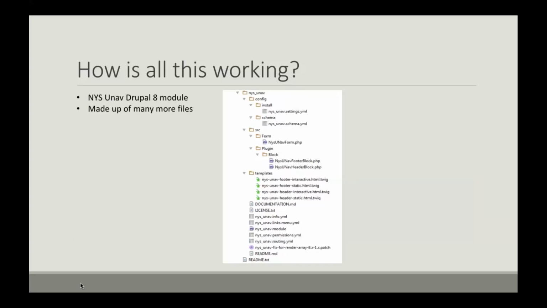So here's the file structure for a Drupal 8 module. Much different. It's made up of many more files than a Drupal 7 module. The largest difference here is that Drupal 8 is object-oriented, where Drupal 7 is not. That's a totally different discussion, but it's the main reason behind the difference. Drupal 8 uses YAML files for configuration. As you can see here, there is a .info.yaml file that works the same way as the .info file in Drupal 7.